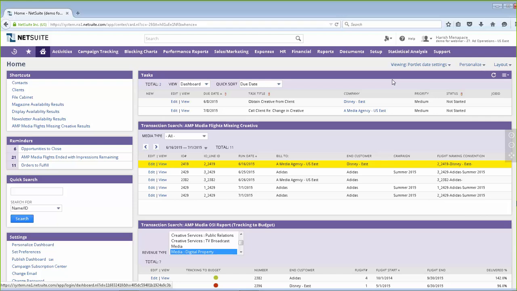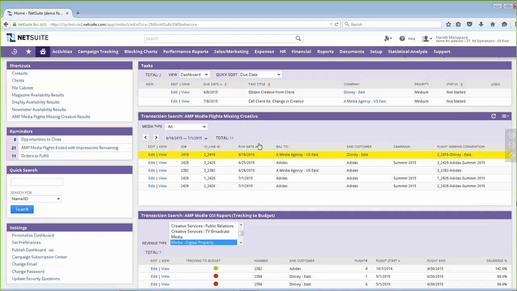So I've moved over to an operations dashboard, and really you'll see that this dashboard has now changed the look and feel of it. Now it's much more of a list type view. It's more about the workflow of things that I need to be on top of. So right away I've got a list of contracts that I'm waiting for the creative on, and I can see that this one has been highlighted versus other ones. Again, I've got a filter that I can choose which type of media I want to look at.